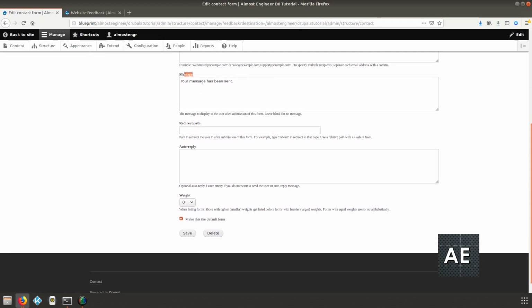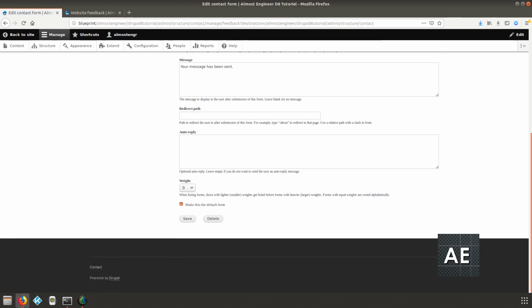And then the message is basically what will show up after the user submits this form. So you'll want to have something here, and then the redirect path. So after the user submits the form, do you want them to show back up to the same page, or do you want them to be redirected to somewhere else? And then also you have the option for auto reply. This email will actually go back to the user as a confirmation that they submitted something on the form. And then the weight is basically just a ranking, and then you want to make this the default form,